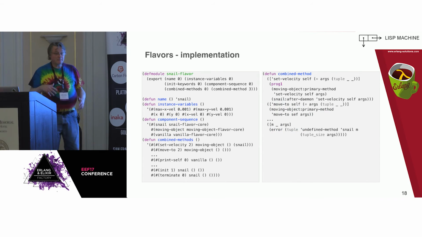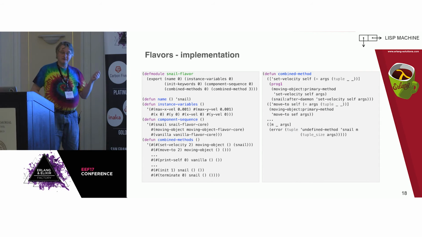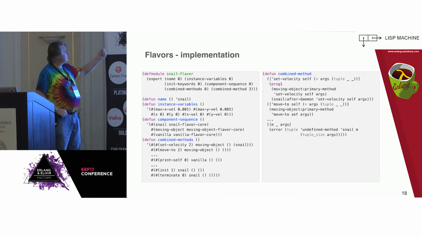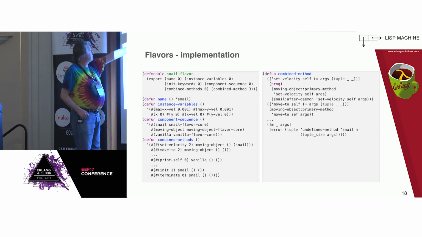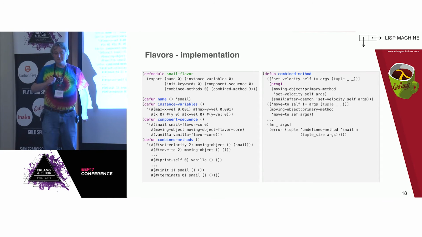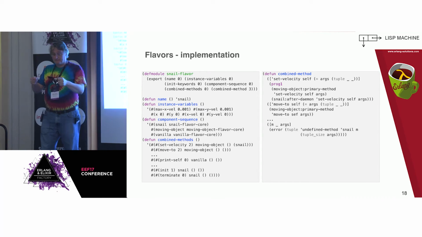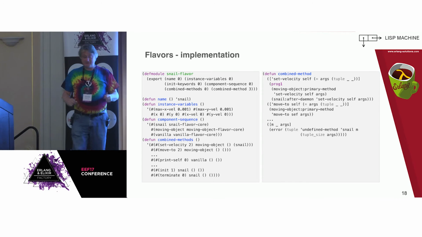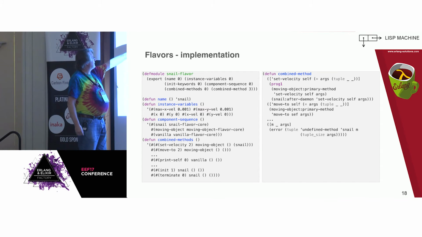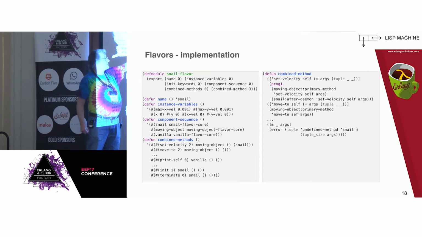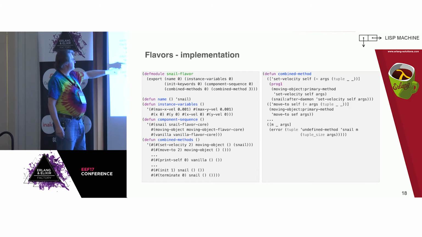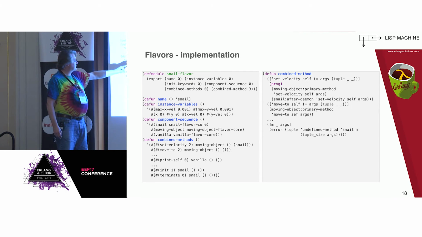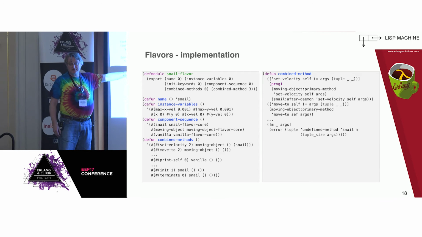And then when I'm making my instance, then I can define the dynamic module. So this is the dynamic snail module, the snail flavor module here. And it exports a name, it exports instance variables, init keywords, a few other things, component sequence. This is the sequence of components for this flavor, worked out for all its components and flattened out through that. And here we have the combined methods, and here we have the combined method function. So here we've got name, we've got instance variables, we've got the component sequence. It just contains the name of the flavor and the function of the module that flavor